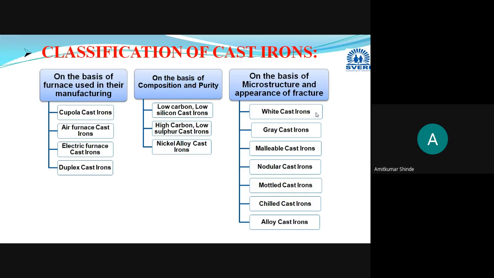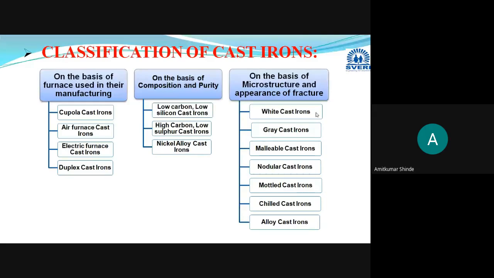In the nodular cast iron also there will be free carbon. In gray cast iron, malleable cast iron and nodular cast iron, free carbon is present, but their shape will be different. In gray cast iron, the free carbon will be present in the form of